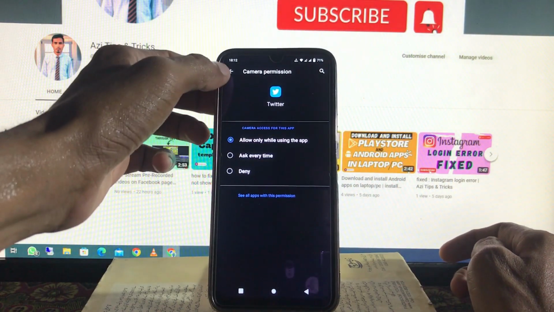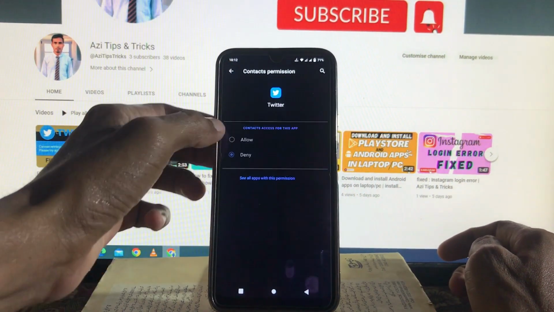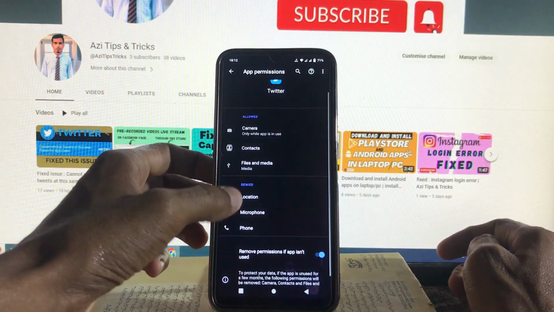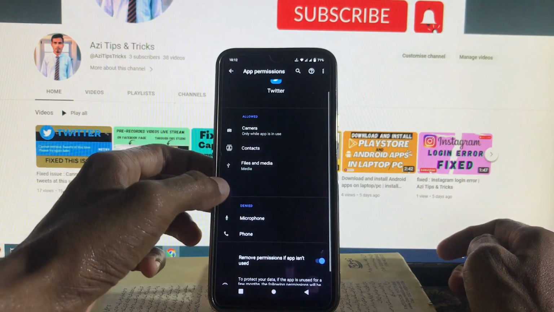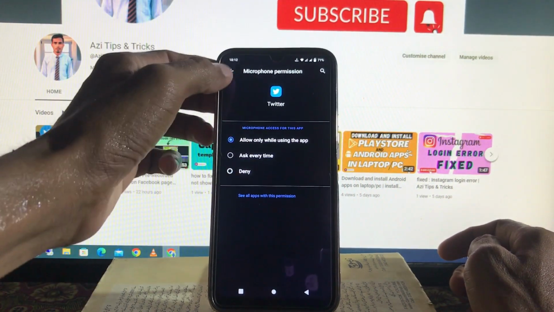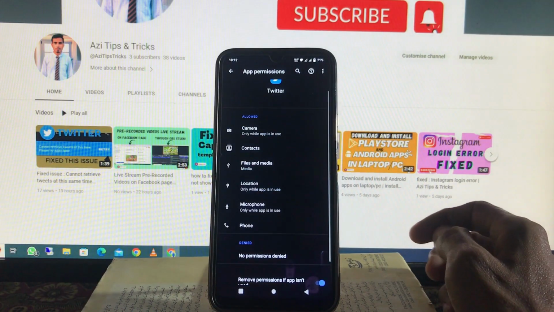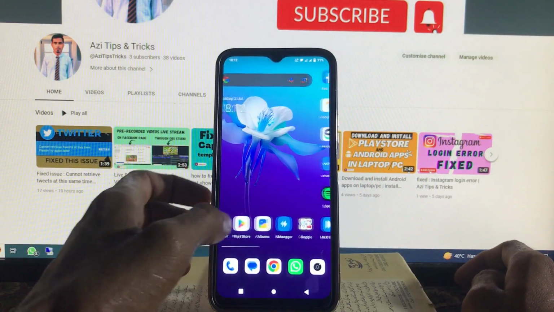So first one, camera is allow, second one, contacts allow, files and media allow, location allow, and microphone allow, and after this phone is also allow. So after doing this setting, go back and open your Play Store